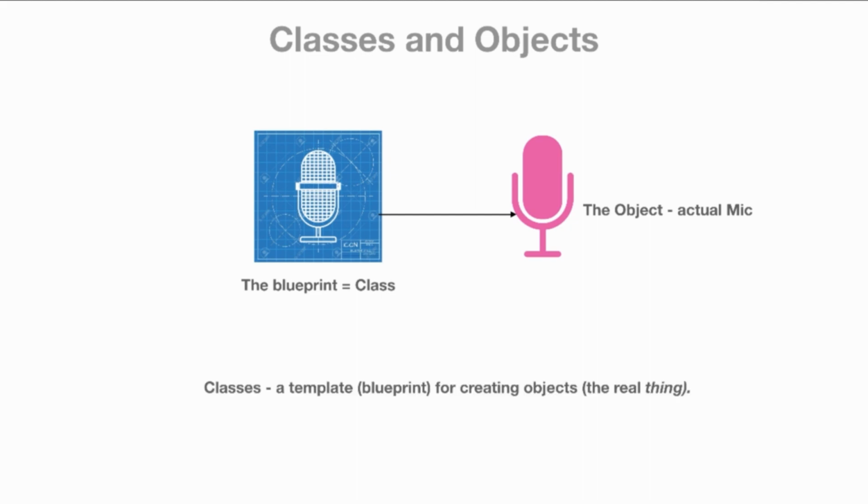So, to give a little bit of context again, a class is a template, a blueprint for creating objects, the real thing. Without classes, we don't have objects because we need to have that map, that blueprint. Now let's look at the class's anatomy because this is very important. If we look, for instance, at the blueprint of the mic,